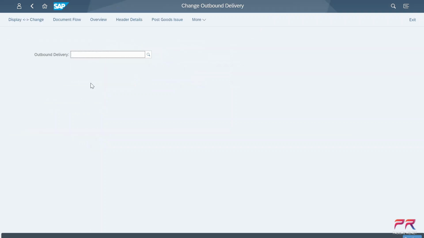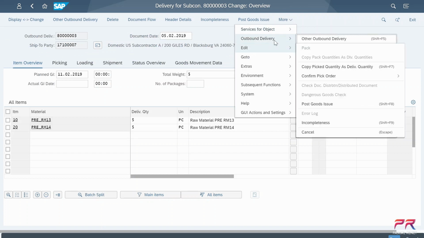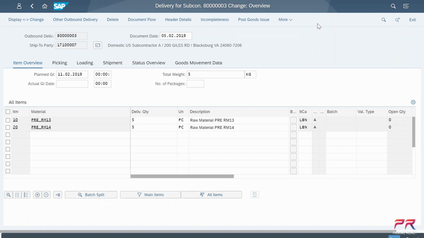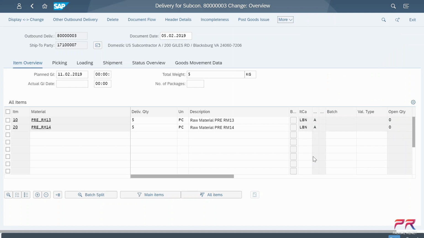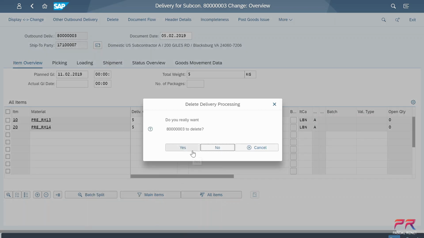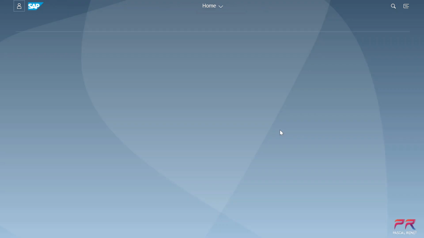So let me just go back to change outbound delivery. We're going to change and delete this outbound delivery. So let's go to outbound delivery. My menu seems to be stuck. Outbound delivery, delete. And we are going to say yes, we really want to delete. So now that we have deleted this outbound delivery and my purchase order is back to its initial state,